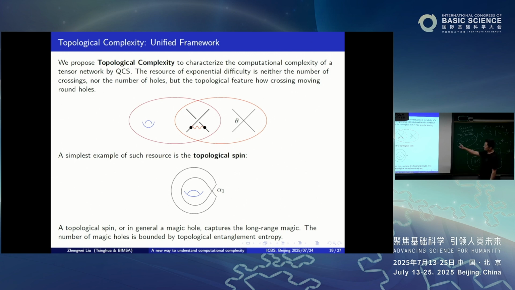And if you consider the first 2 to be easy to compute, like if you run the Clifford algorithm, then this parameter is hard to compute. If you run the Matchgate algorithm, then the hole is hard. In our new algorithm, we say, okay, neither the hole nor the parameter are hard to compute. But when they entangle, when they compose together, that's hard to compute. For example, if you have a hole surrounded by this crossing, that's hard to compute. And this is the new phenomenon, but very natural.